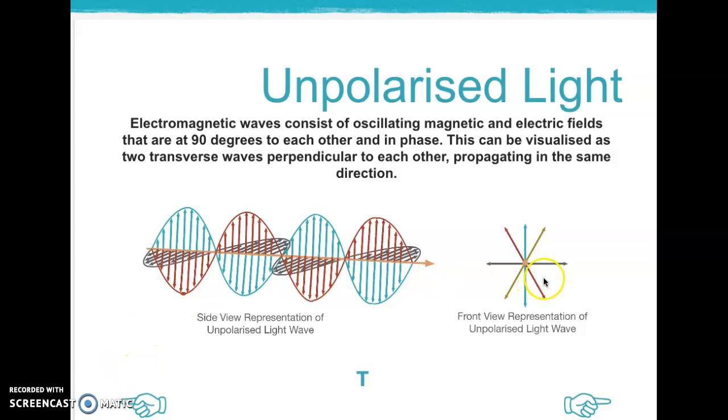And you can simplify it, so this would be a front view representation of an electromagnetic wave. It would be like a little cylinder traveling. Imagine this light wave traveling towards you right now. It would be like a cylinder. And what exactly is that cylinder? Well, it's actually